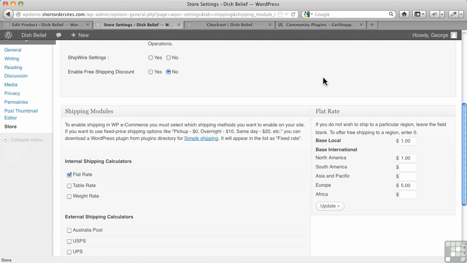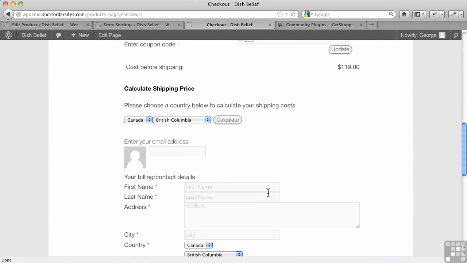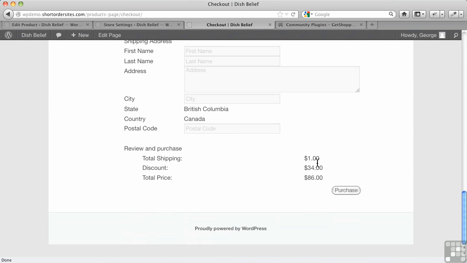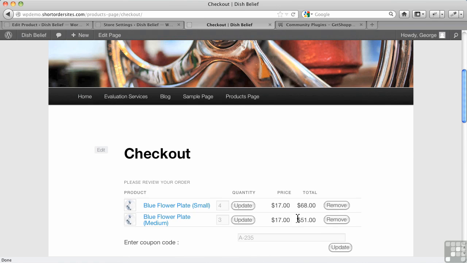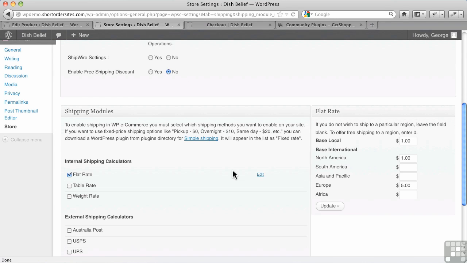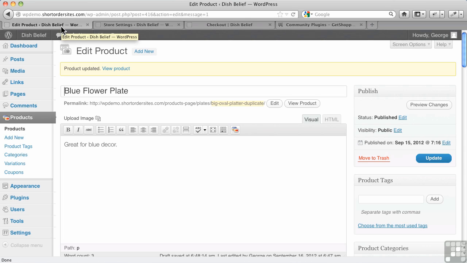We say $1, and then when you get to checkout, that's what it says, $1. Doesn't matter how many products you've got, doesn't matter what type they are, anything like that. There's no individual variation. It's just $1. Or you can use a combination of this, $1 here, plus if we go to one of our products here,